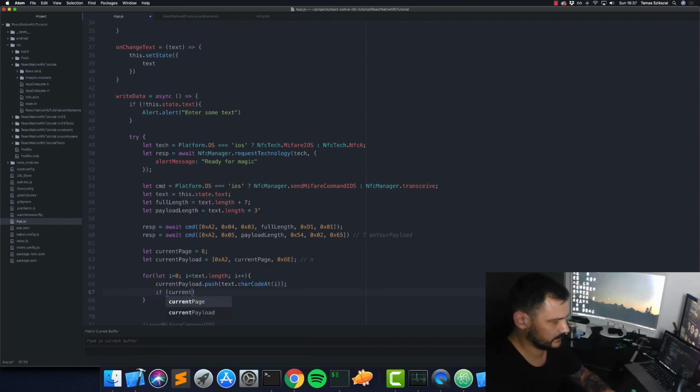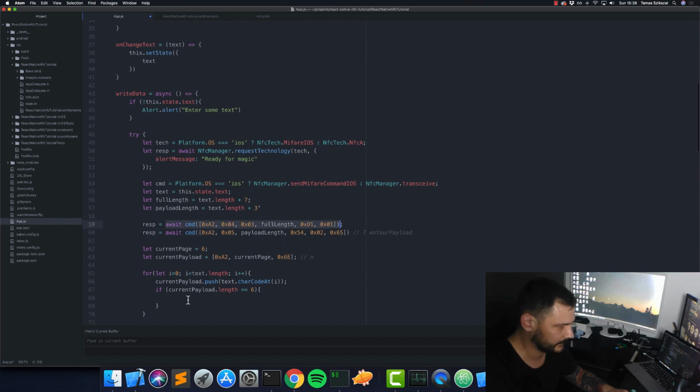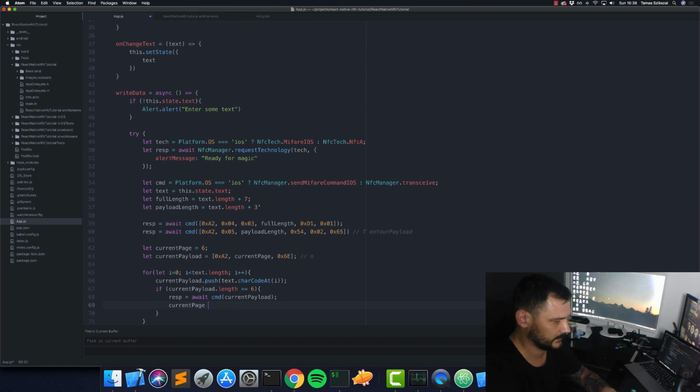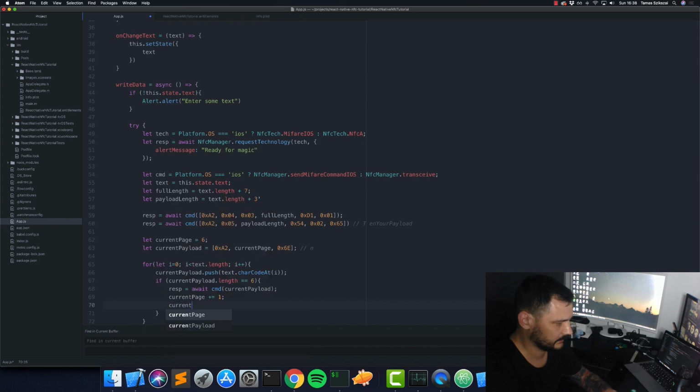If the current payload length equals 6, so if we have a full command, then resp equals await cmd current payload, current page plus equals 1, current payload equals again 0x82 and current page. Okay,